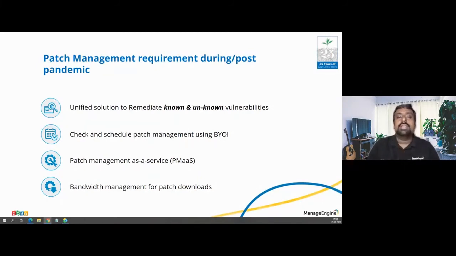We detect the unknown vulnerabilities at the machine level, make sure they are remediated as well, and schedule patch management based on their own internet. I mean, bring your own internet, like I was mentioning at the start. Your endpoint could be inside the organization, or it could move outside of your organization as well. When they're inside the organization, I have a different policy for my patching. When they are outside, the same device should automatically adapt to a different patching policy. That's what we've been providing our customers: how it's going to download when they're inside the office and how it's going to download when they are outside the office.